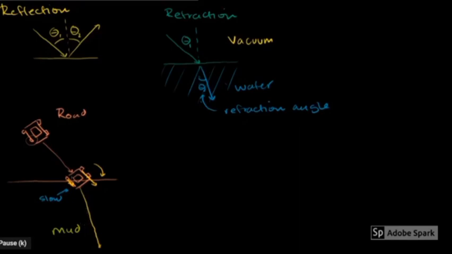Now, obviously, light doesn't have wheels and it doesn't deal with mud, but it's the same general idea. When I'm traveling from a faster medium to a slower medium, you can imagine the wheels on the side of the light closer to the vertical hit the medium first and slow down, so the light turns to the right. If you're going the other way, if I had light coming out of the slow medium,